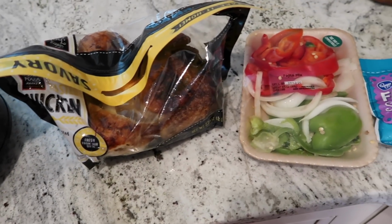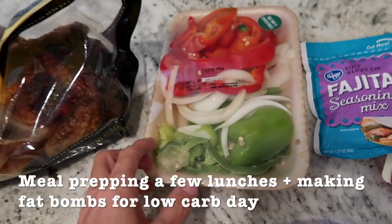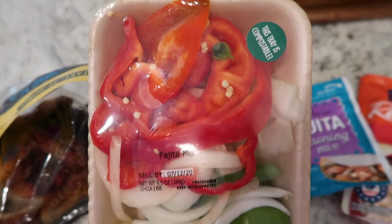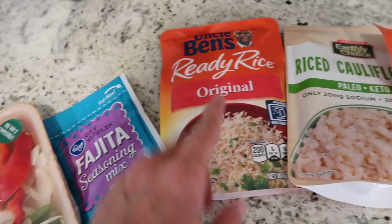Okay, so I'm about to go ahead and meal prep the chicken fajitas. I have the rotisserie chicken. This is like lazy girl chicken fajitas. The chicken fajita mix, so it's already cut up and everything for me. The fajita seasoning, and then